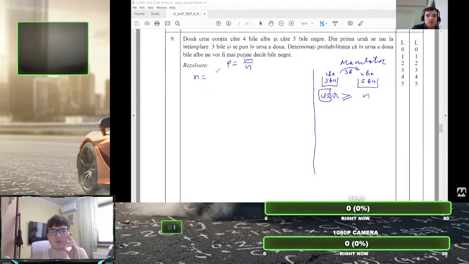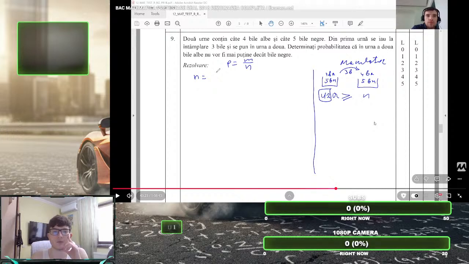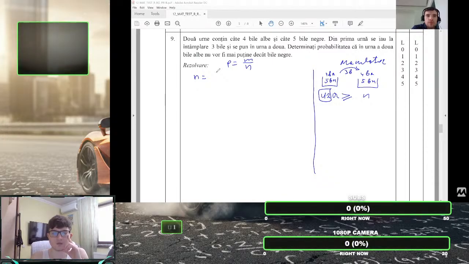Why 42? Goddamn handwriting. It's on a PC, it's not even with a tool, just with a mouse. Okay, so like I said, that, and 3 balls are taken into the second one. So anyways,